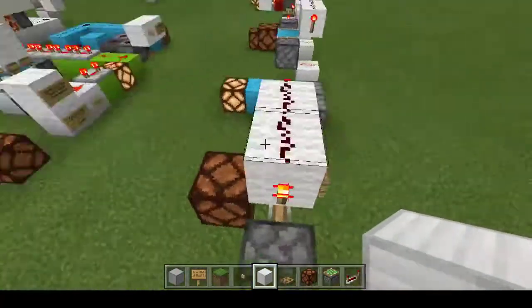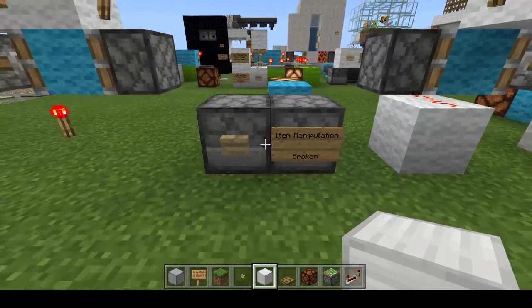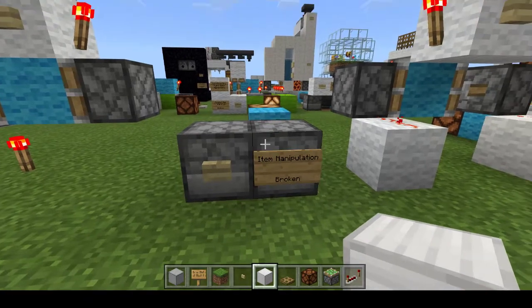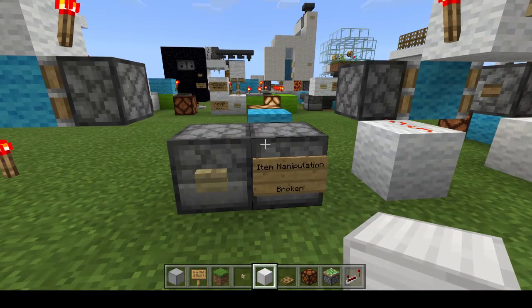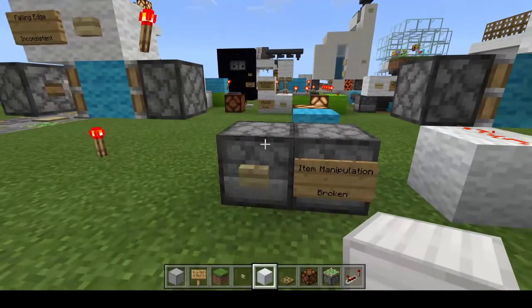All right, moving on to the next t-flip-flop. We got an item manipulation kind of t-flip-flop, kind of from maybe the older days of Java. I'm not really sure if this works anymore or not in Java. But you used to be able to place an item in a dropper, and if you put a button on